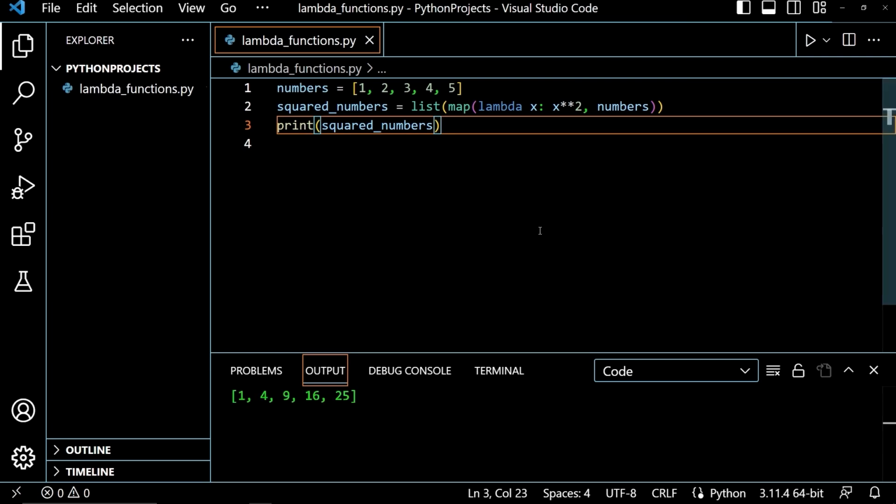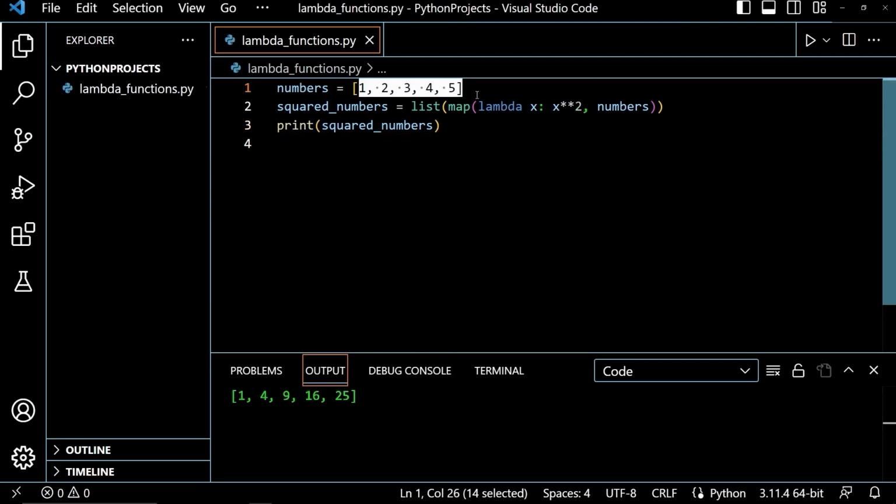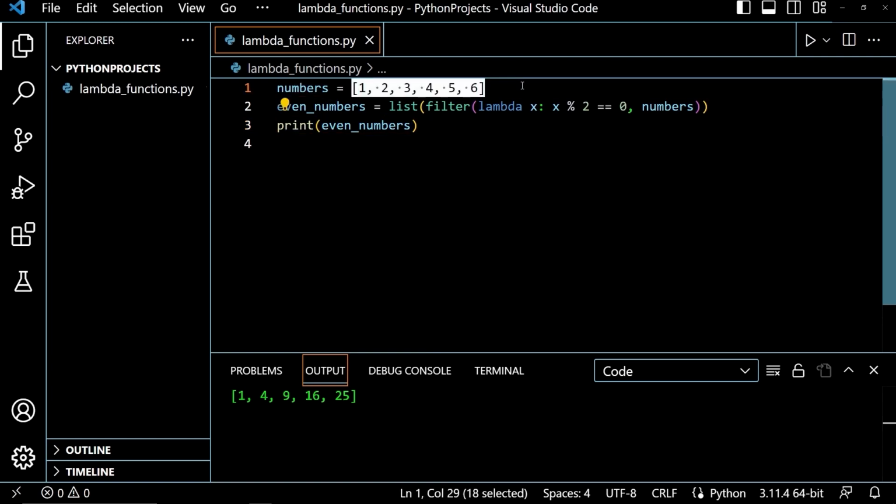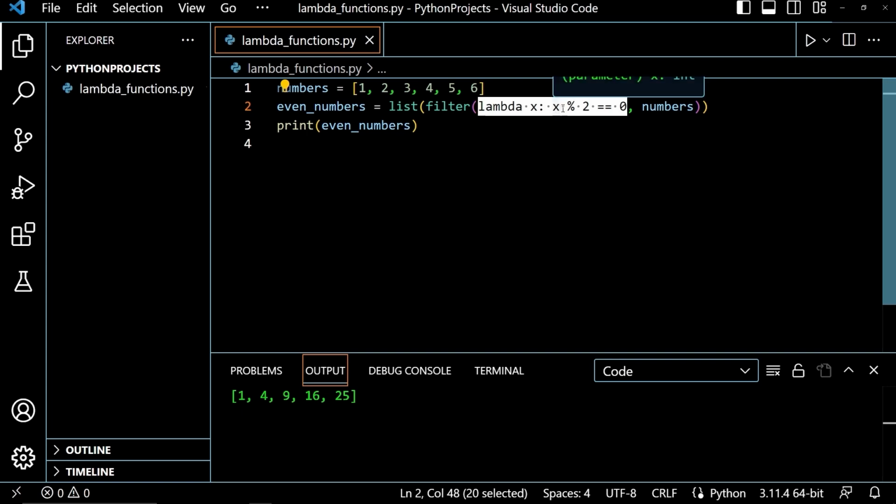And if I run this, we'll get the output 1, 4, 9, 16, and 25, which are the squares of the numbers list here. We could also use lambda functions to filter elements from a list. So I have a new numbers list here that is 1 through 6. Then I am creating even_numbers, which is a list that contains the filter function. And in the filter function, I am passing it this lambda function here, which is going to check to see if x mod 2 is equal to 0, and it's going to do this for each element in the list